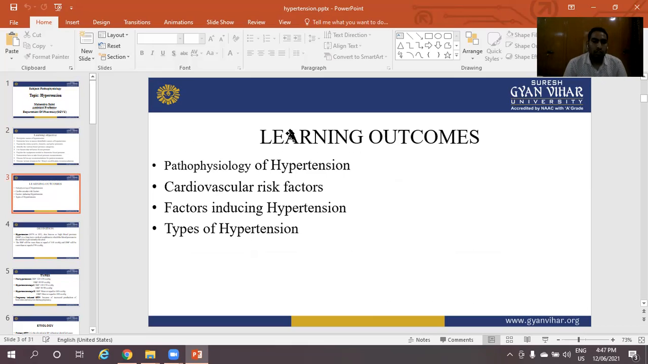Learning outcomes: pathophysiology of hypertension, cardiovascular risk factors, factors inducing hypertension,